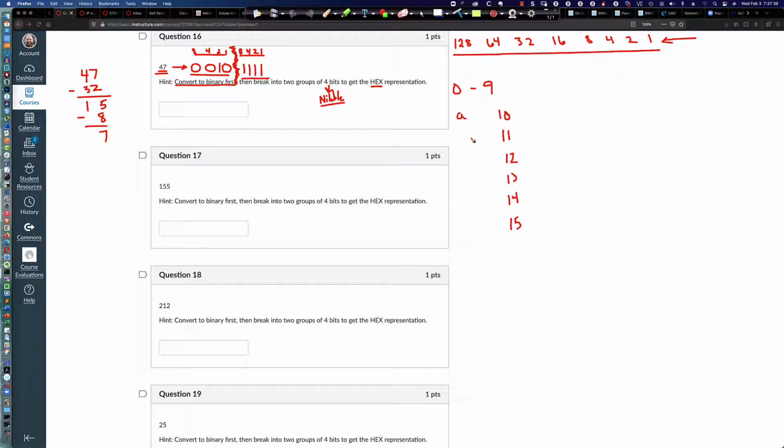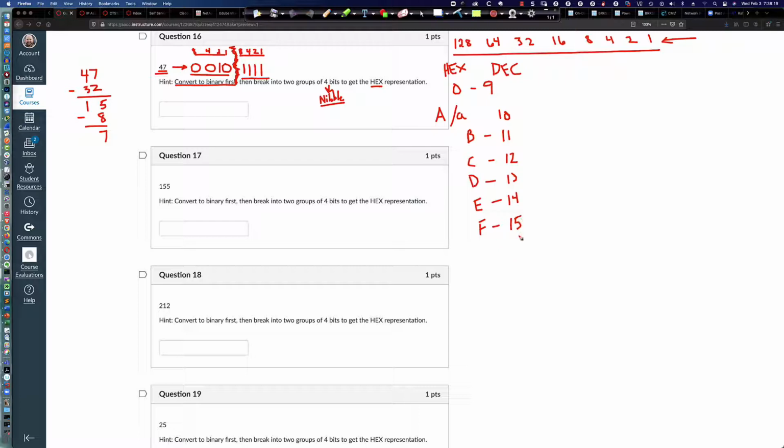So 10 has a value of A, and sometimes you'll see it as an uppercase A, other times you'll see it as a lowercase a. 11 is B. So these are decimal values on the right-hand side here. So let me actually write this up here. So we'll say these are decimal values, and these are going to be my hex values over here on the left. So 10 in decimal is A in hexadecimal, 11 in decimal is B, 12 is C, 13 is D, 14 is E, and then we reach the highest hexadecimal value for a single hex character that we're dealing with,